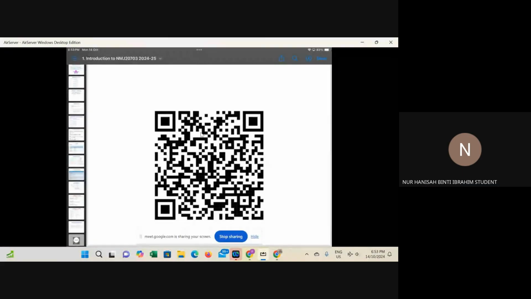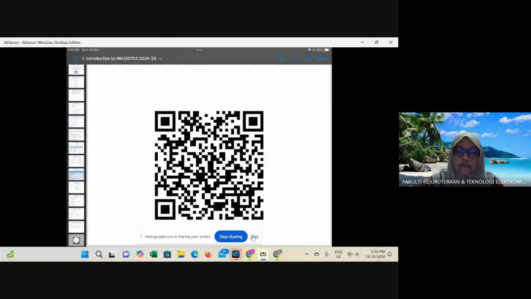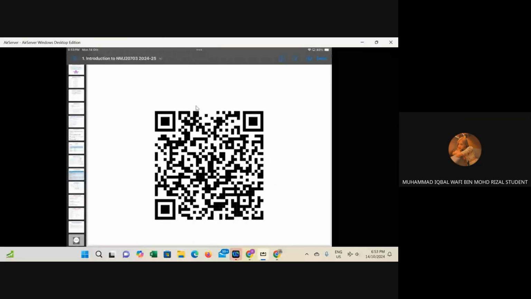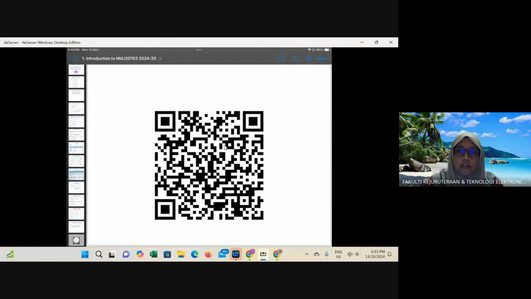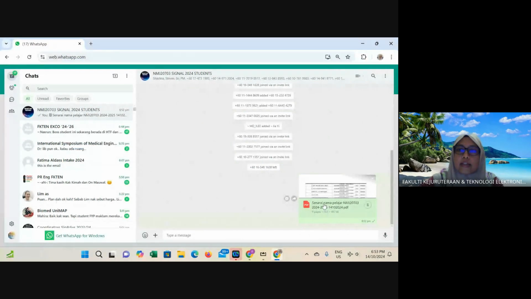Nampak tak QR code ni? Can you see this? Nampak doktor. Okay, I think I shared one PDF in the WhatsApp group. Did I share? Ni, senarai ni.